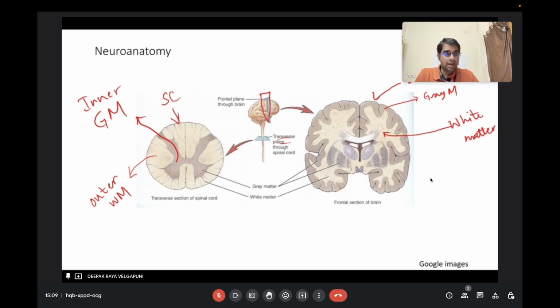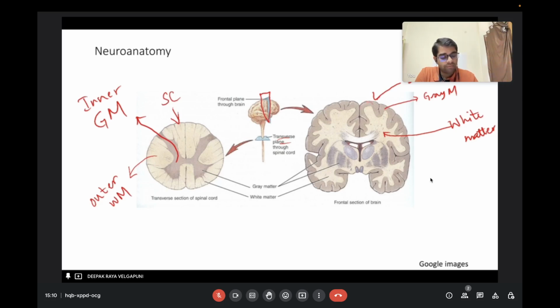So what is gray matter? Okay, first discuss what is white matter. White matter is made up of these axons. These are the connections between neuron to neuron and neuron to other neurons in other regions. And these axons are myelinated, that is covered with a wrap of fat tissue called the myelin sheath, and the majority of these connections are made up of axons covered with this myelin sheath. So the appearance of this is like a white matter,